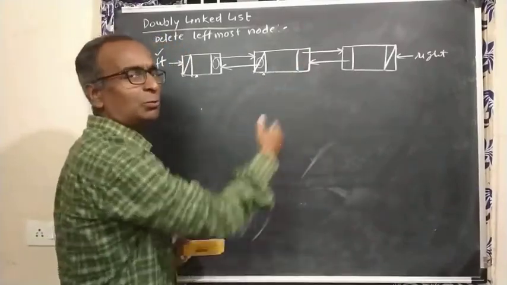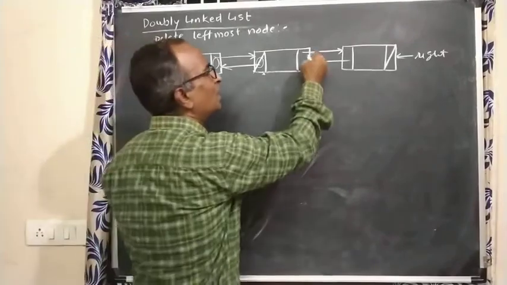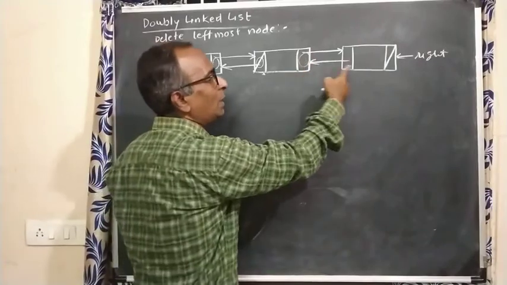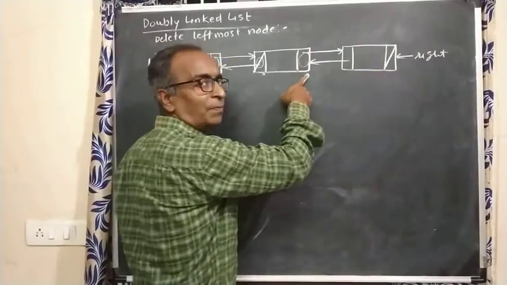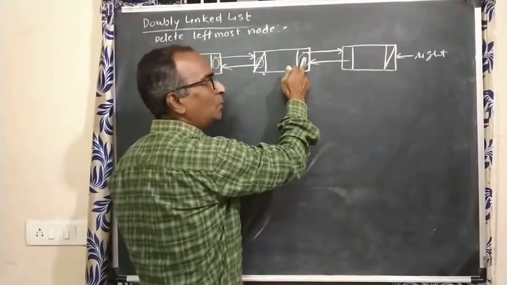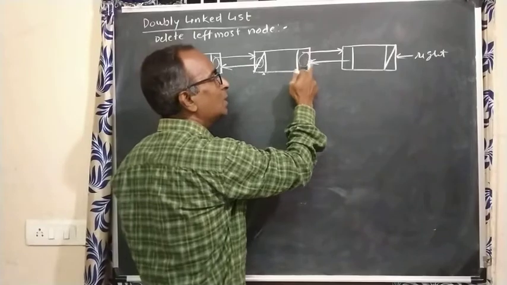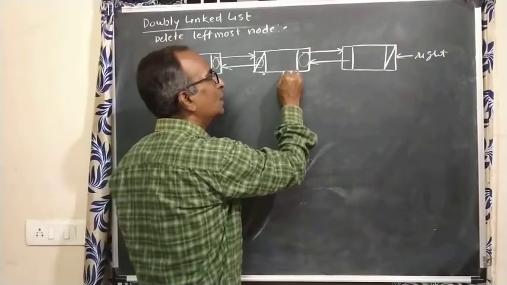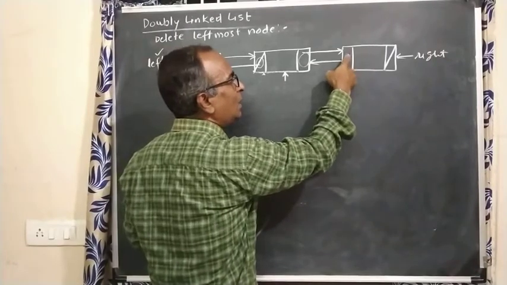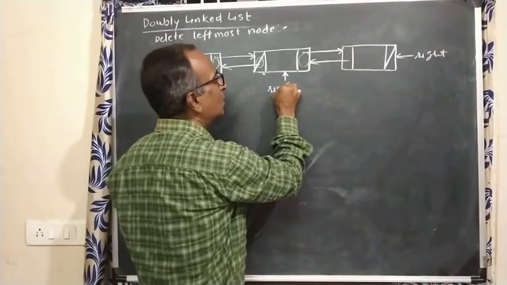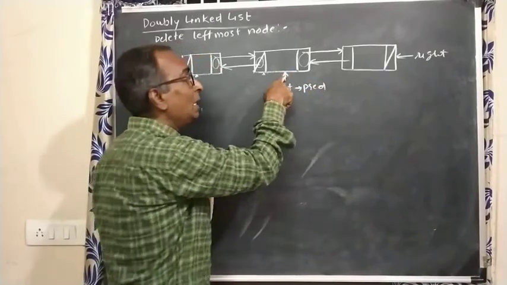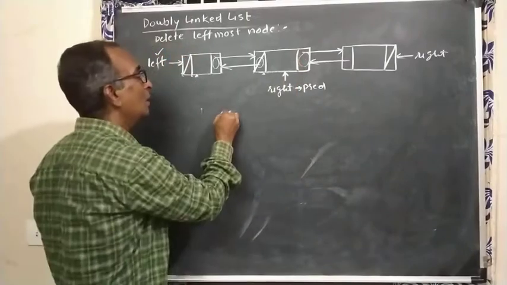suppose the rightmost node you want to delete, again same thing. This pointer field should be accessed. How to access this pointer? From right. See, the rightmost node you are deleting, so this field you have to set to null. How to access? You should have this node's address. So where is this node's address? In this field. What is this field? So right's predecessor field is this node's address. Its successor field you are accessing.